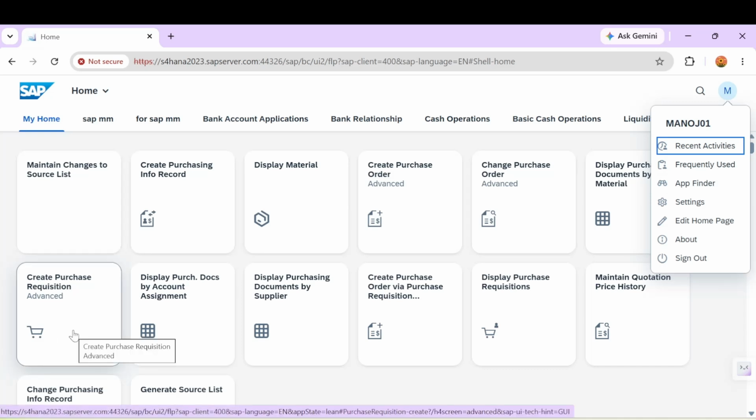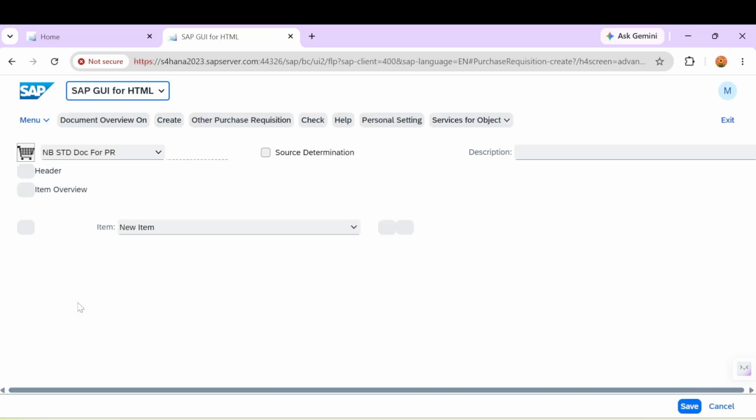But for that, roles must be assigned. Okay. So we just need to create the purchase requisition on this tile or this application. This will open like that.